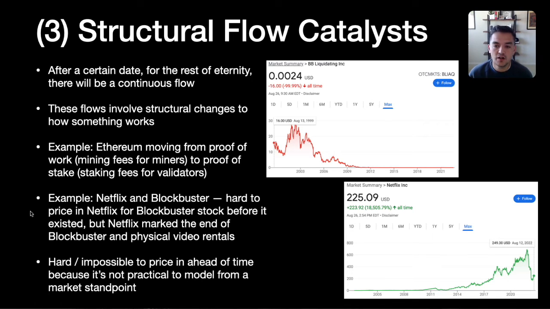This was something that was really hard. If you were an analyst thinking about Blockbuster's stock, you could think of potential risks and uncertainties for the company, or potential pitfalls, but it's really hard to price something like this in, because it involves a structural change that it's just not practical to model in the market. You basically have to simulate a company like Netflix coming along and have some group of people trading the other side of it. Theoretically you could do it, but practically it's very hard to price in what a competitor like Netflix would do to Blockbuster until it actually happened. And again, it's impractical to do from a market standpoint.